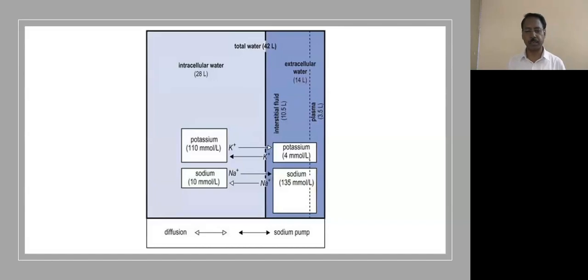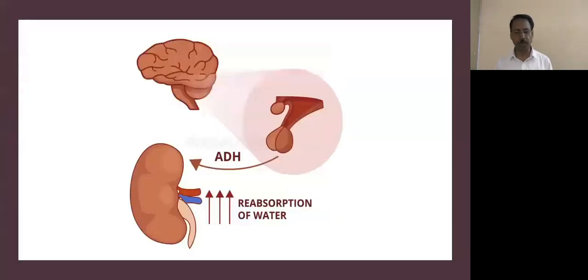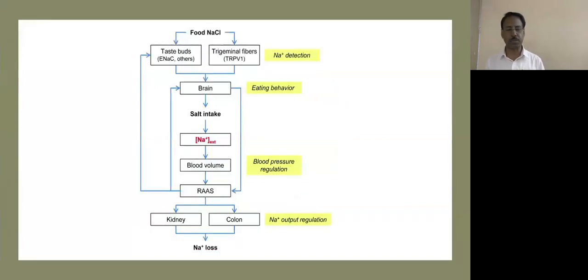Also, these are again just the movements that we look into. One of the important things here is to remember two things. One is the antidiuretic hormone from your posterior pituitary gland, and as the name suggests, antidiuretic means it is reabsorbing water. There are two things that are really working, the ADH and the RAS. These are the two hormones that are involved in two things. One is controlling the volume,